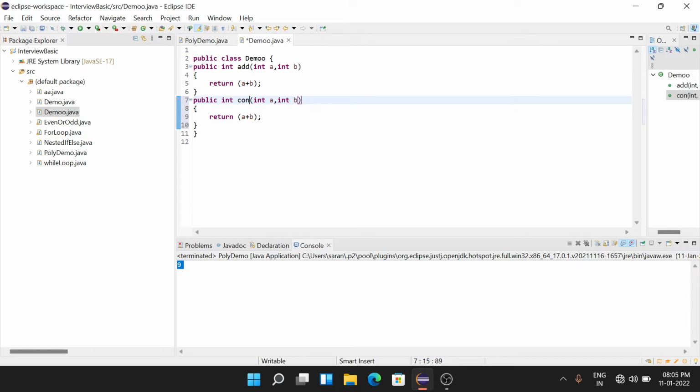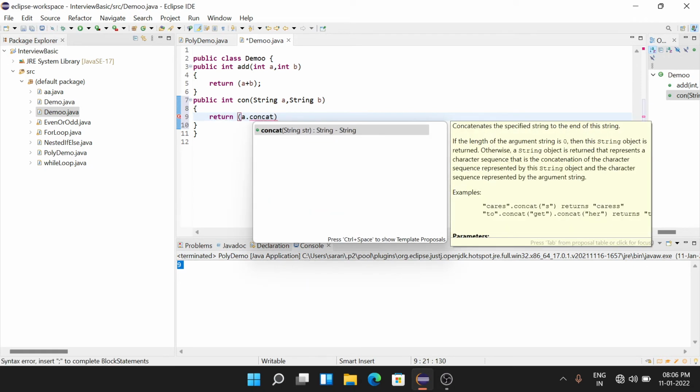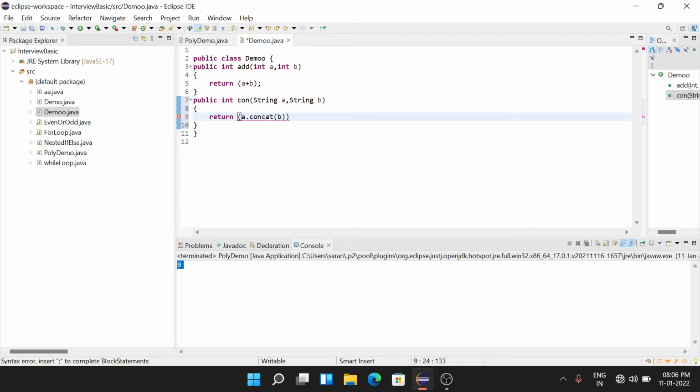The method name is con, and I am giving two strings, String A comma String B, and it returns A concat B. If you give two string values, it needs to return the concatenation.